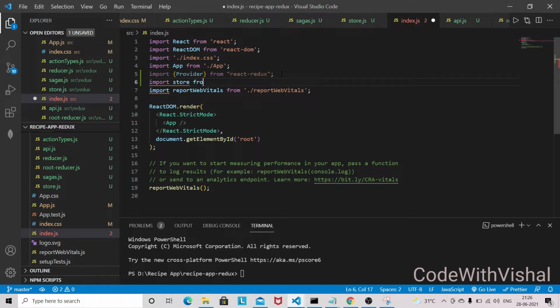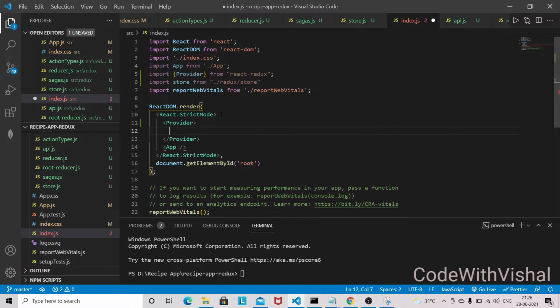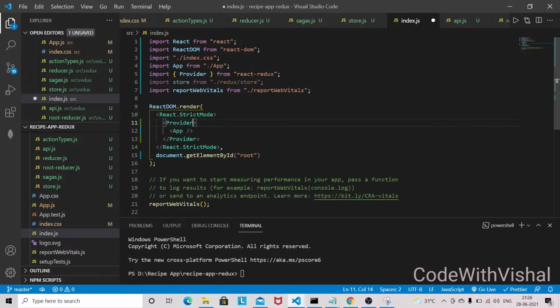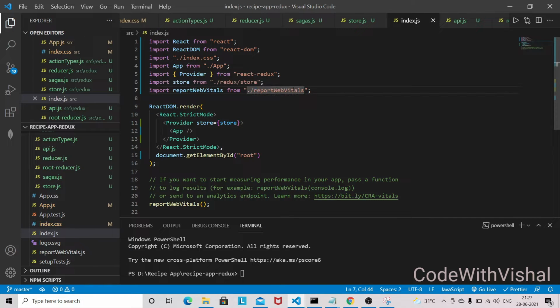So import store from Redux, and it will be a store. And now I am going to wrap this application with the provider store. So here we are done with the Redux Saga setup in our application.